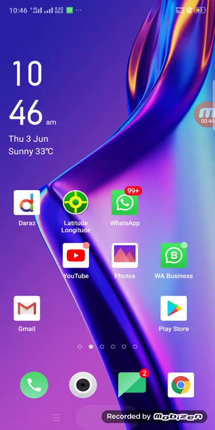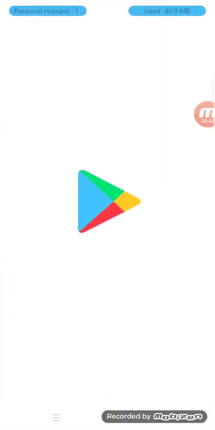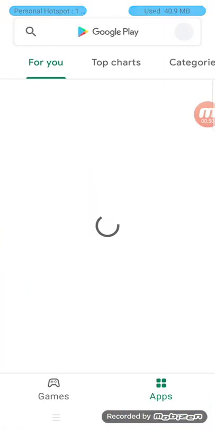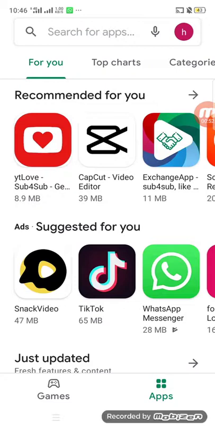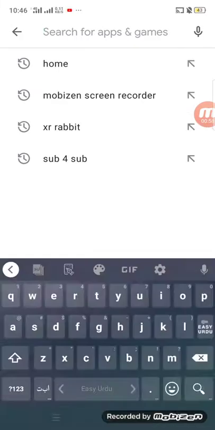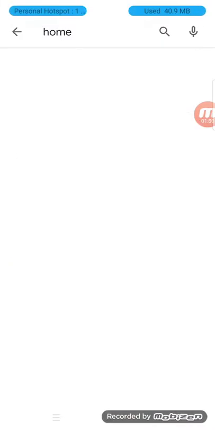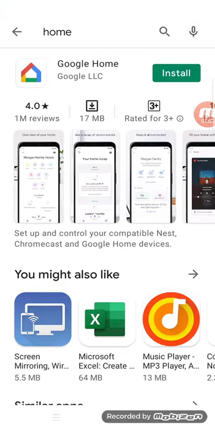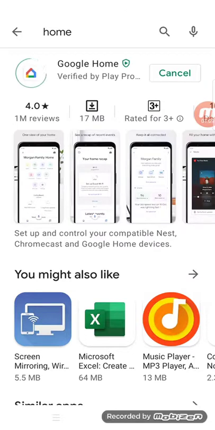We go to the Play Store. The first thing to do is go to the Play Store, type home, search home. You see the Google Home app. That option is install. Click here.